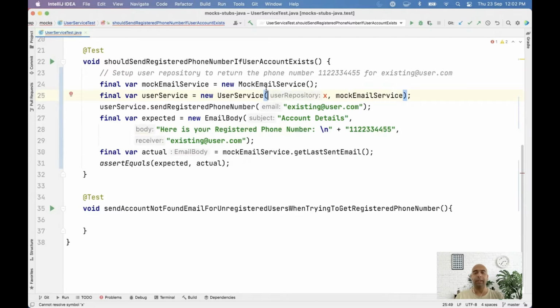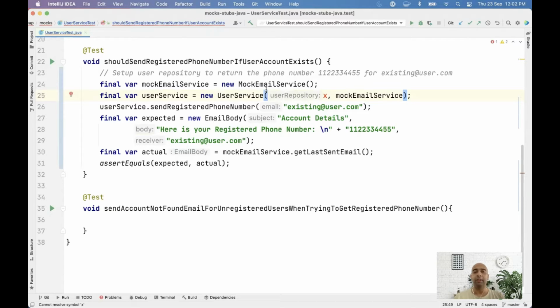I hope the assignment proved to be an interesting challenge for you. You must have realized that the way to write this test is also using test doubles, but the type of test doubles that we'll have to use here is different from the type of test double that we used for the mock email service. So let's try to go step by step and make this test pass.